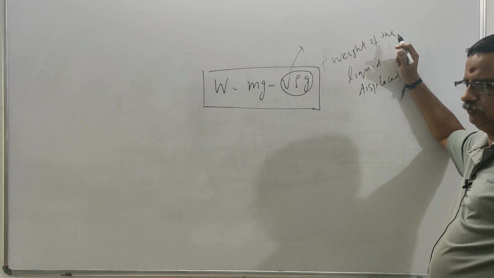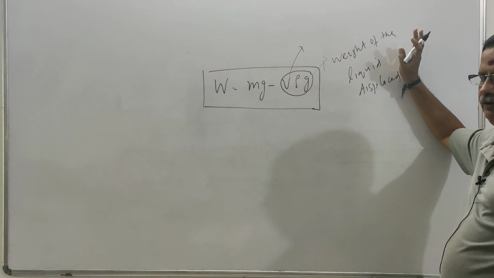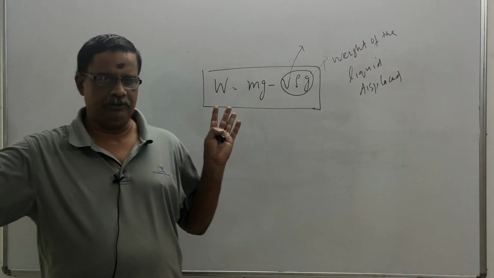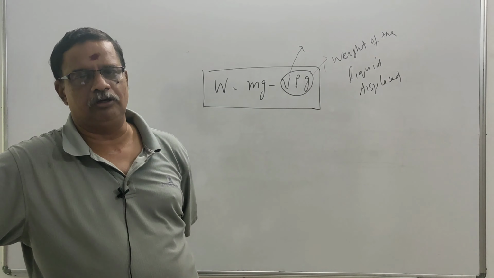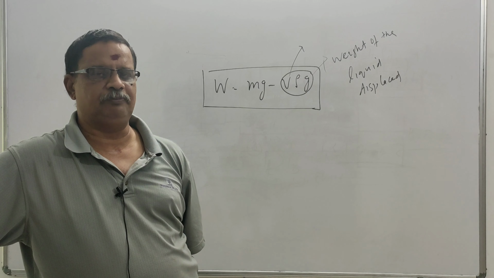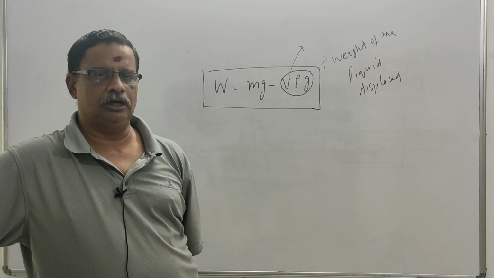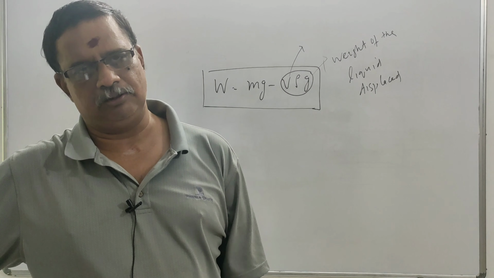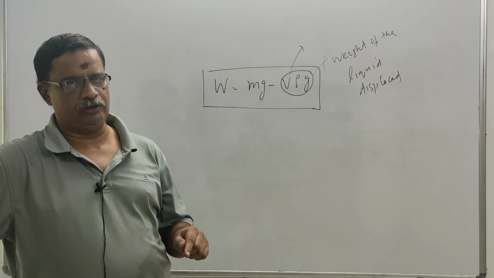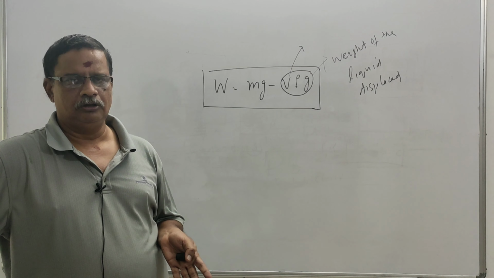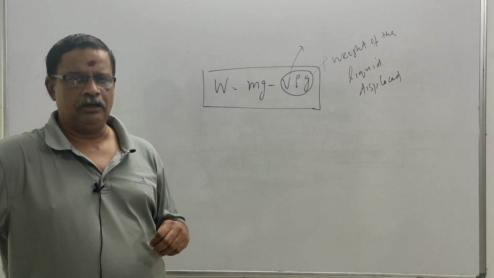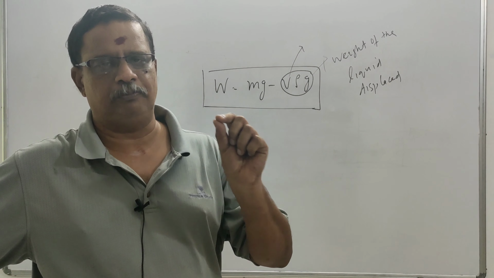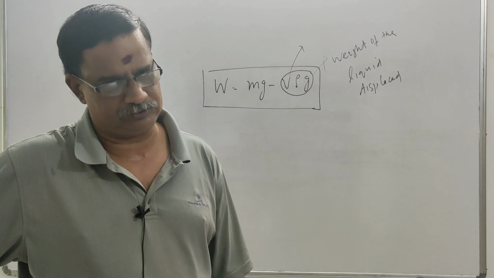The body is placed in a liquid, and the volume of the body and the volume displaced will become equal only when the body is fully immersed, and assuming that it's a solid object, they will be equal. So this is Archimedes principle. When a body is immersed in a fluid, it experiences a loss of weight which is equal to the upthrust acting on the body, or which is equal to the weight of the liquid displaced by the body. When a body is immersed in a fluid, it experiences a loss of weight which is equal to the weight of the fluid displaced by the body. That is what Archimedes principle is.